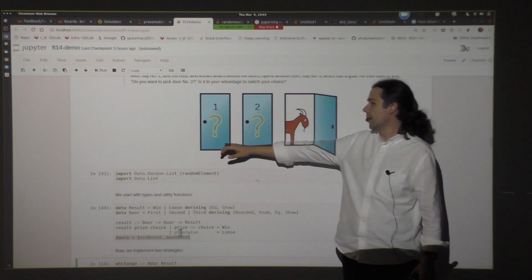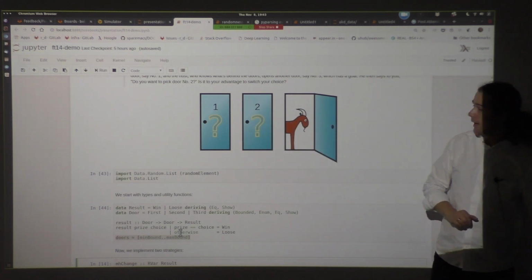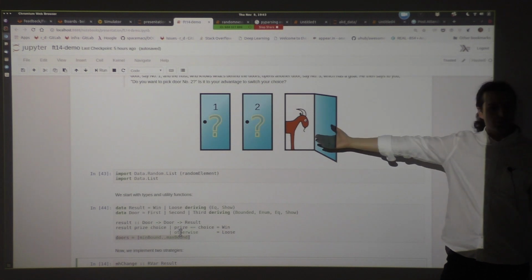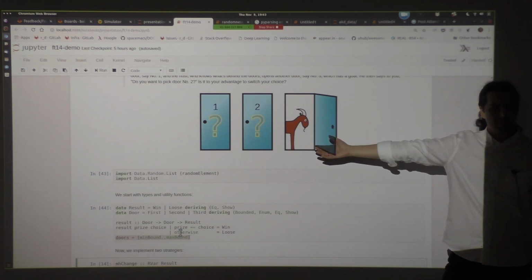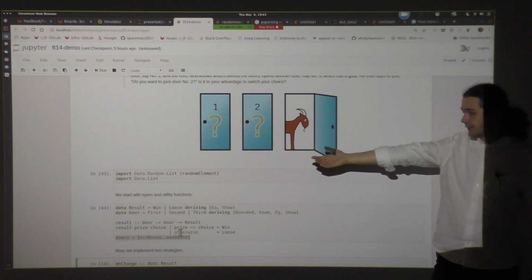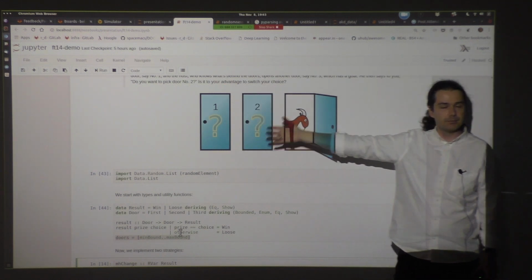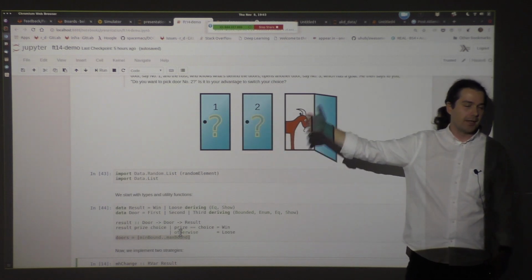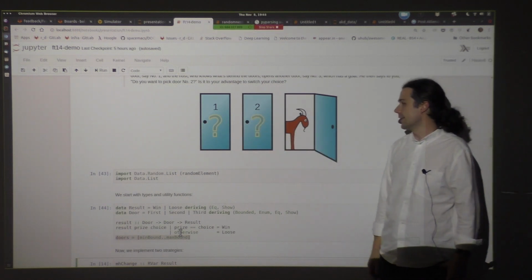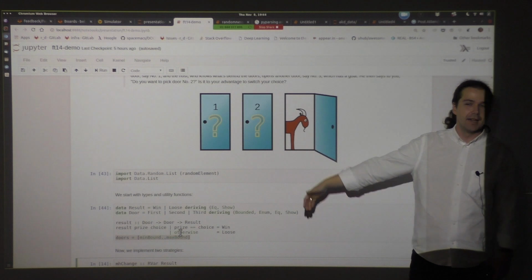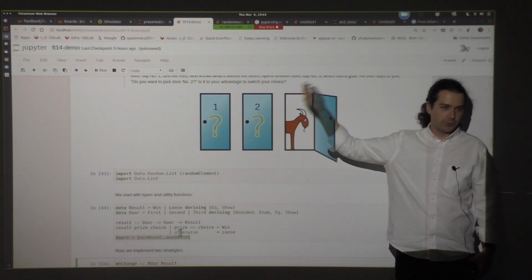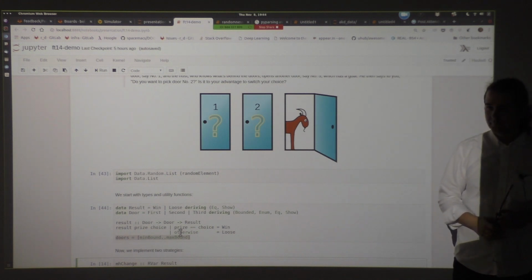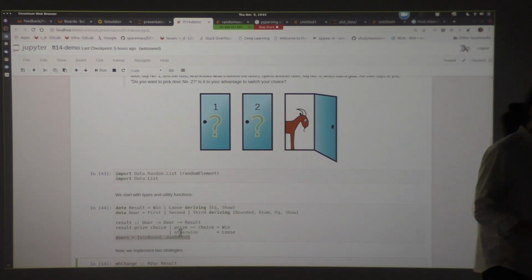We selected door 1, then the host says, okay, I open door 3 for you, there is a goat there. Do you want to change your decision or not? If I stick to my decision and say, no, I want door 1, I'm pretty sure that there is a card, and I open it, I get a goat, and I lose. If I say, okay, I swap, and I choose door 2, then he opens door 2, there is a card there, I win. Cool. Clear? Okay, right.